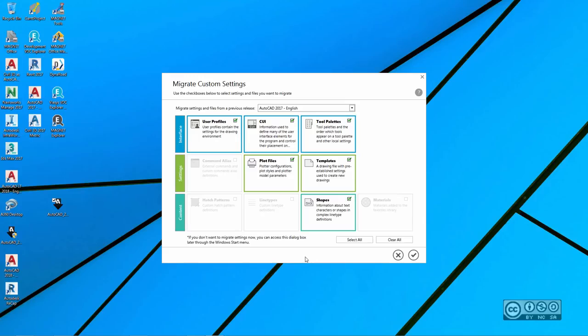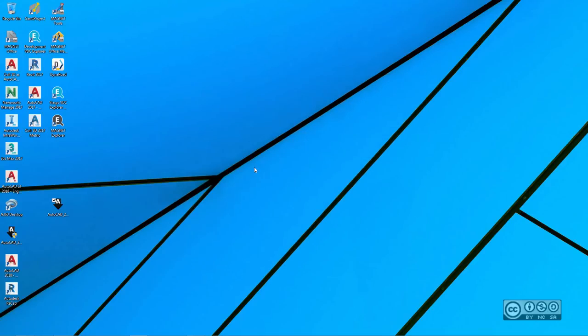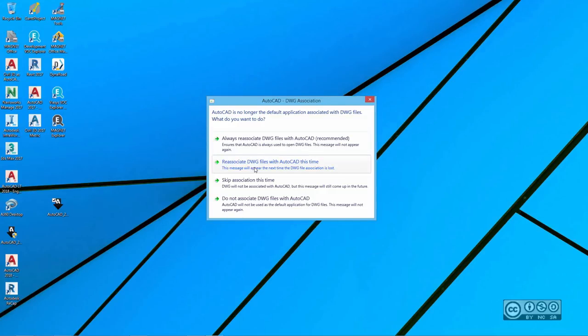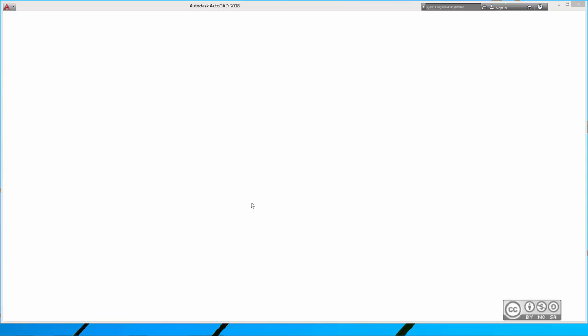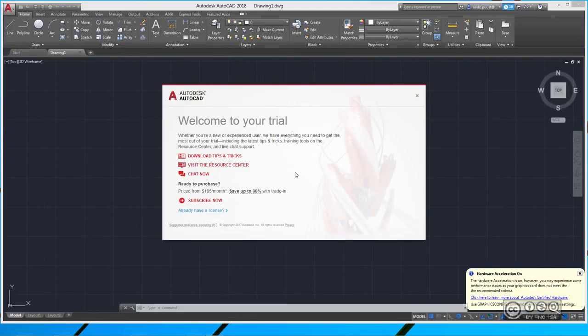When you start AutoCAD 2018 first time and you have also installed some previous versions like AutoCAD 2017, then it's possible to migrate previous settings to the new version. But you can do that also later. For example, right now, I don't want to do that and I hit cancel. AutoCAD continues to load. I also may get a notification how to associate DWG files. Right now I pick Do Not Associate, and my AutoCAD 2018 user interface will be loaded